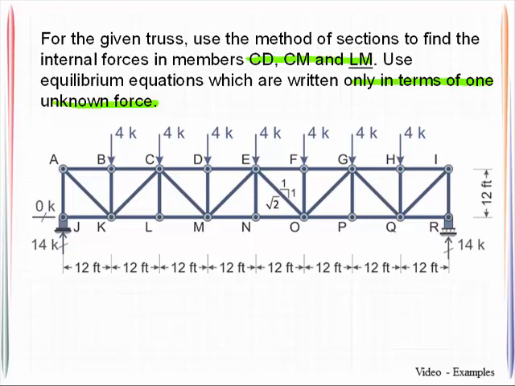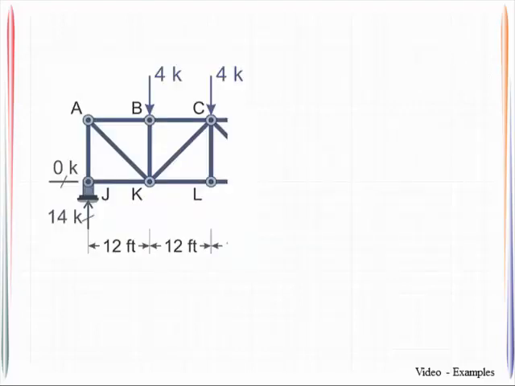We want to avoid simultaneous equations if at all possible. Now, the advantage of the method of sections is that we can get right to the members of interest, and I can make a cut through my truss, which happens to intersect all three members of interest right here. At this stage, you can either use the left-hand side of the truss or the right-hand side of the truss after making the cut. Please be aware that for the inclined members, we've identified its components for vertical and horizontal there. So since it becomes a little bit cleaner and easier, I'm going to use the left section for my